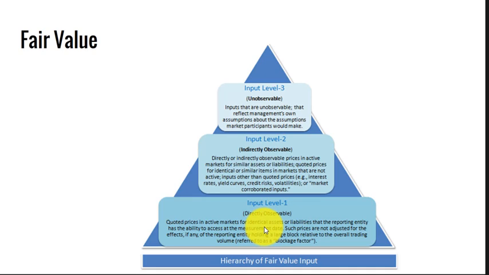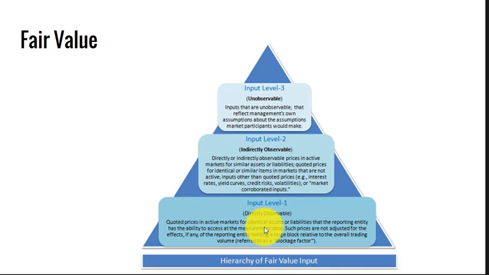Level 2 is a situation where we don't have a directly observable price, but we can observe similar assets, or assets with the same characteristics as what we are trying to value, and we can see those in the marketplace, in an active market. So we may not have exactly the company's stock price, but we may have a very similar company stock price or bond price that we could utilize and then adjust to match our situation. So we still have something we can observe, and those inputs from that other company are level 1, if you will,